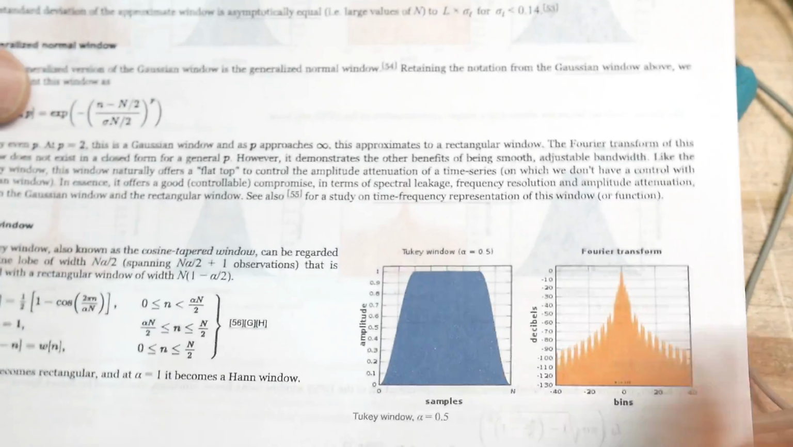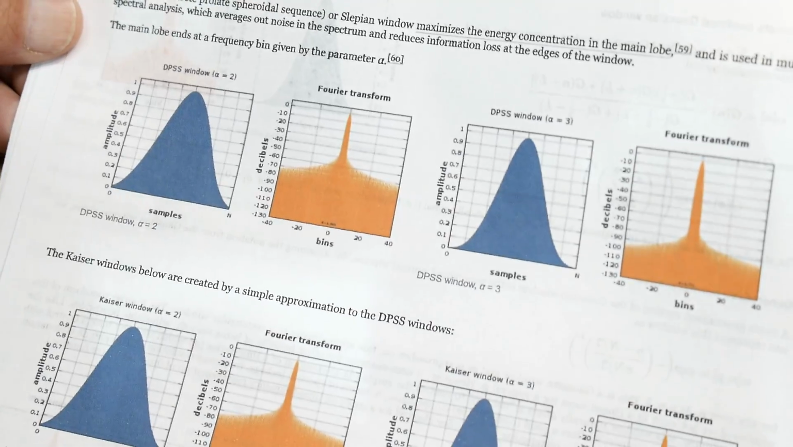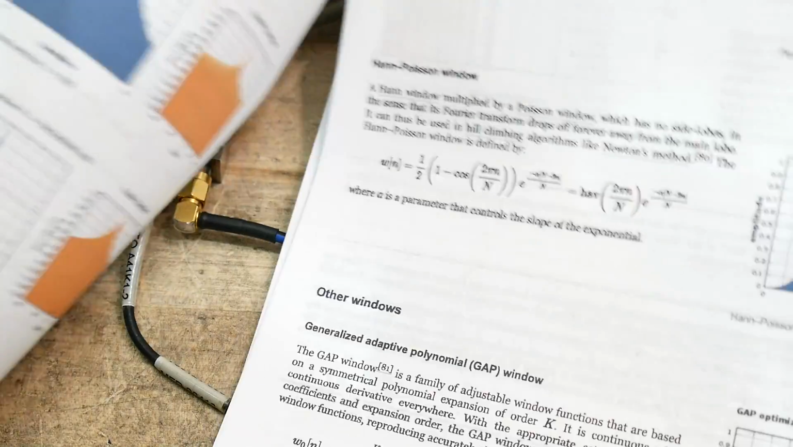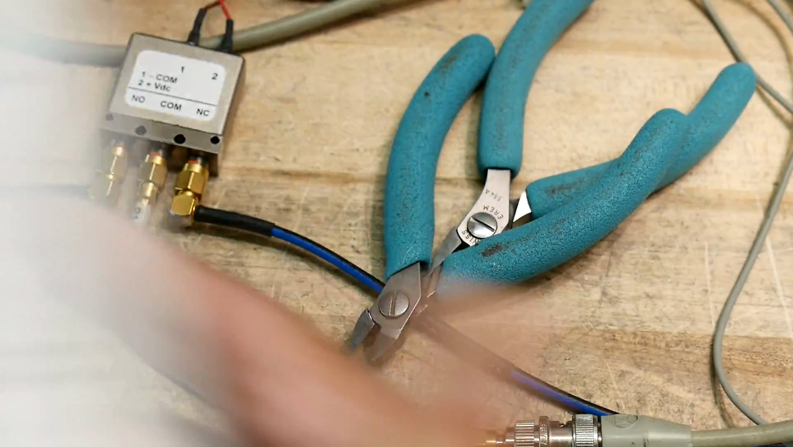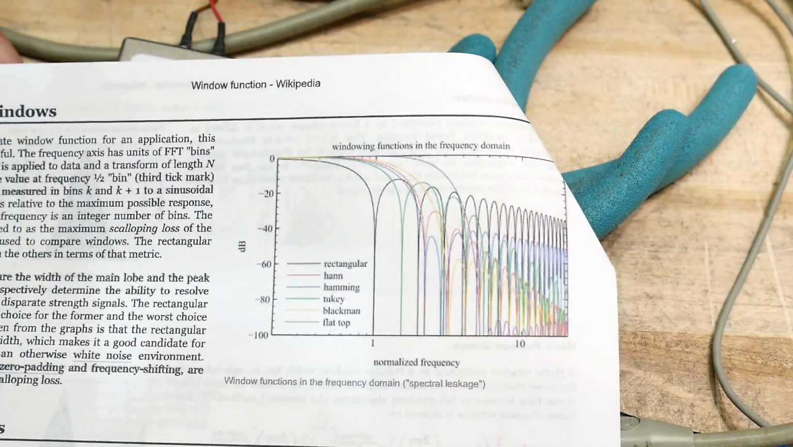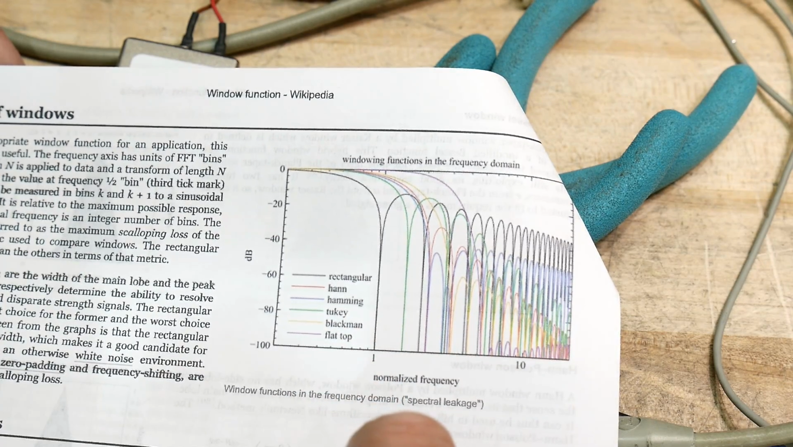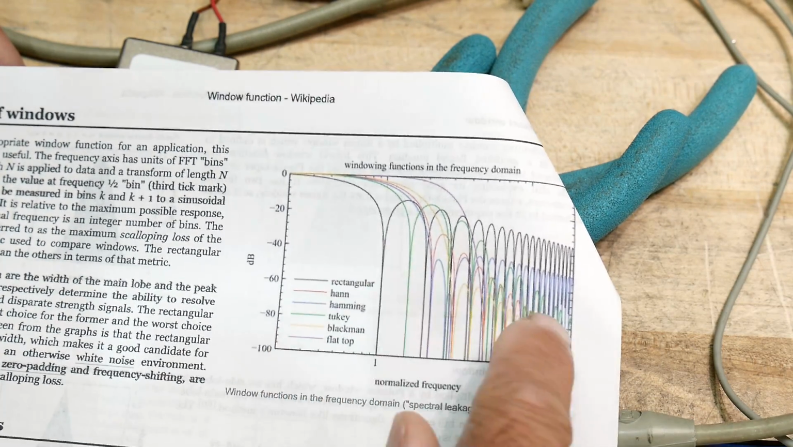Let's see here, generalized normal window. Like I said, window functions are many. Kaiser windows. Anyway, let's see if there were any other ones here. Oh yeah, see, there's tons of them. Exponentials, Bessels. I've used a lot of Bessel functions in my day. And then if you look at a comparison of all of these filters, so here's rectangular, Hamming, Tukey, Blackman, and Flattop. So they all have different